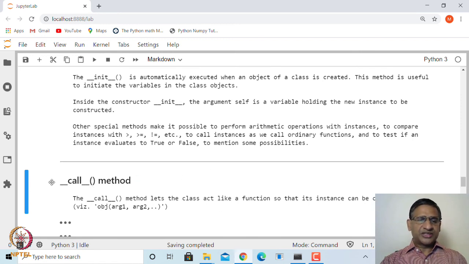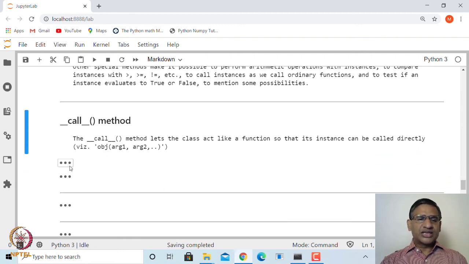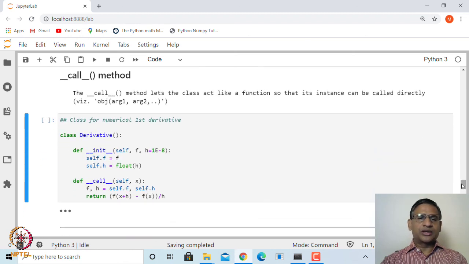So, this is what is inside this class. There is a special method called call, and the role of this call is exactly that. Okay. So, let us see how do we create that. So, let us create a class to calculate the numerical first order derivative, right. You must have seen the derivative as the limit of the difference quotient.